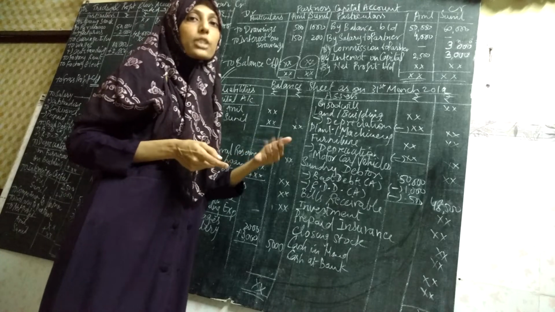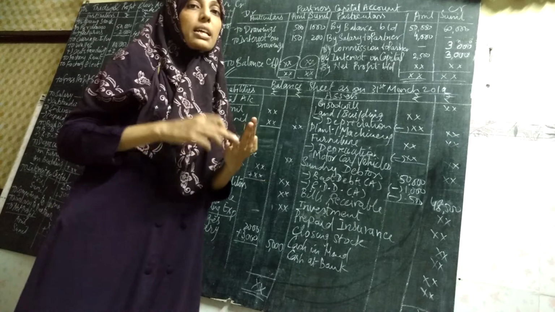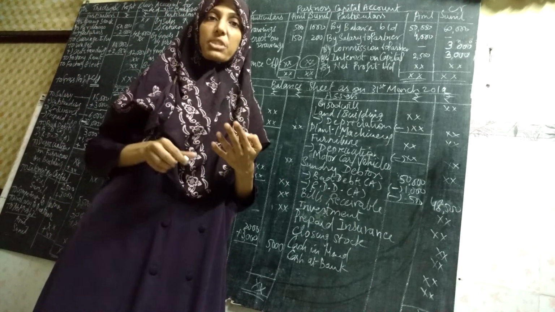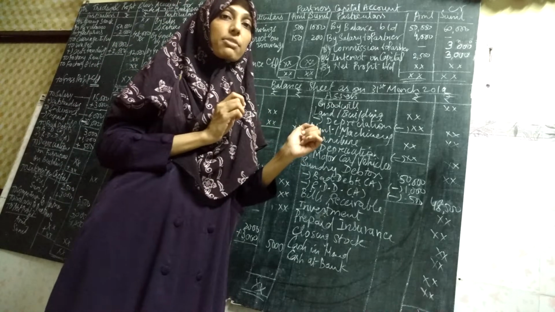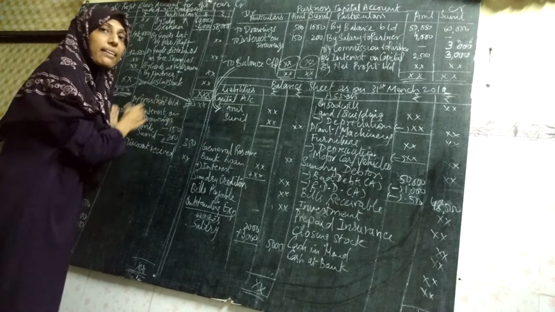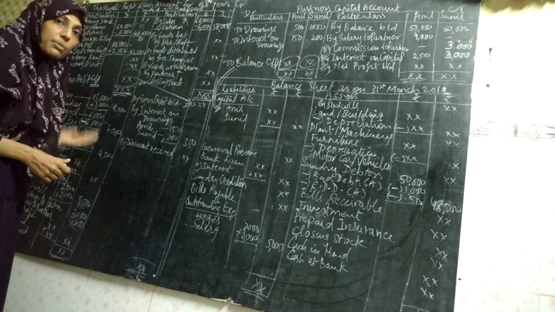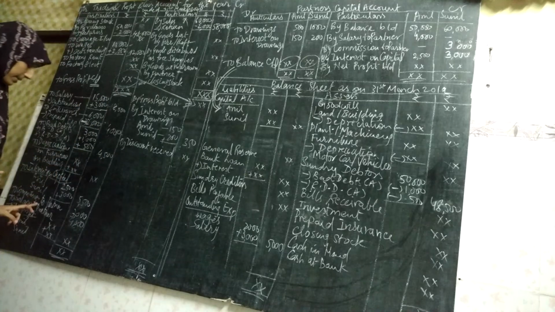First, salary to partner. Sometimes the businessmen, Anil and Sunil, work for the business and at the same time they draw salary from the business. They are going to take salary from the business. Since the business is paying them salary, it will become an expense of the business. So it will be shown on the debit side. On the P&L account debit side, it will be shown as salary to partner.